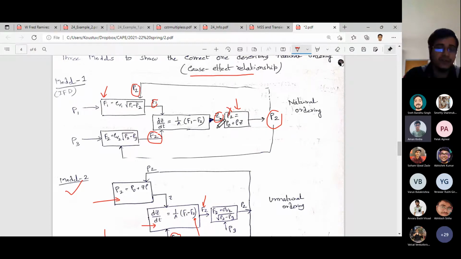So what is that equation? The equation is this, where we are also getting Z. Now these whole three equations are, as I said, not very explicit. They are interconnected, they are coupled, but this makes proper sense in that we are making use of numerical integration. We first calculate F1 and F2, then we calculate Z, and that gives us the value of P2, which is used again. So this is a kind of loop, and physically it makes sense that it has to be calculated simultaneously, not consecutively.